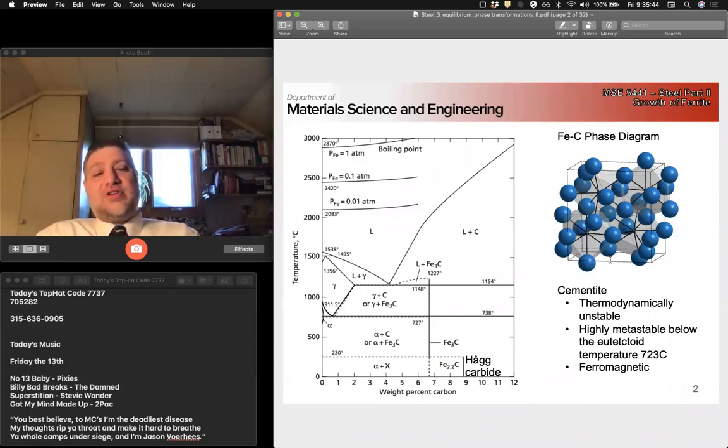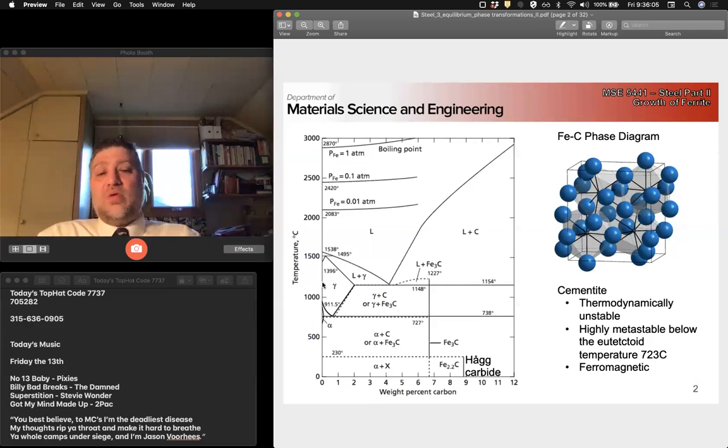So the intermetallic is when you have two phases, or a compound that forms of two elements that in other regions of the phase diagram would make a completely metallic bonded system,